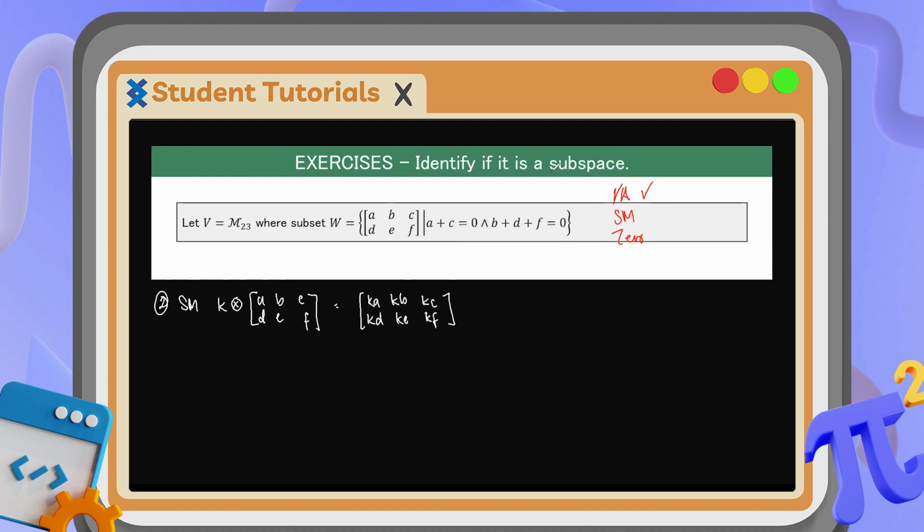So from here, we want to try to satisfy both properties again. So let's rewrite the properties of this result. So that should give us Ka plus Kc equals 0. We're trying to prove that it also follows the properties above. So similarly, Kb plus Kd plus Kf is equal to 0. We can factor out the k for both equations,